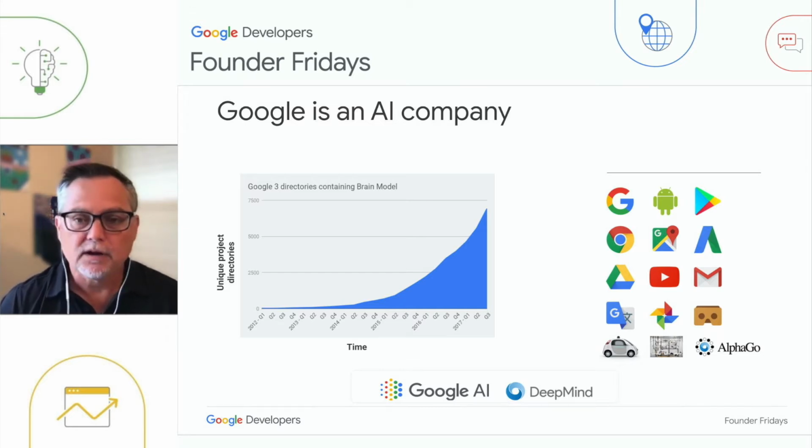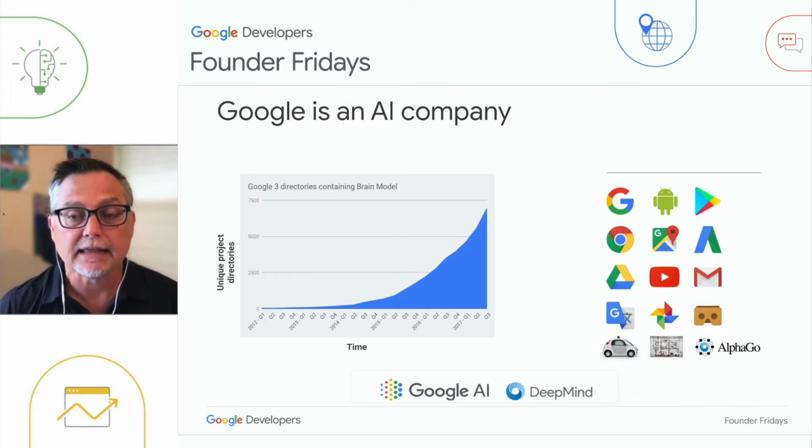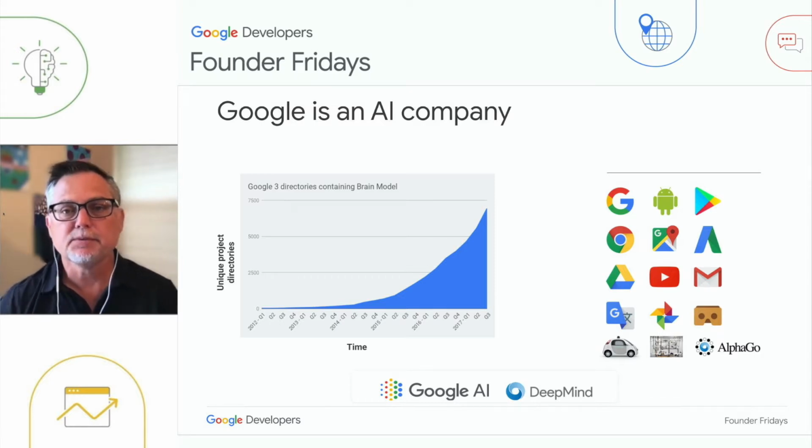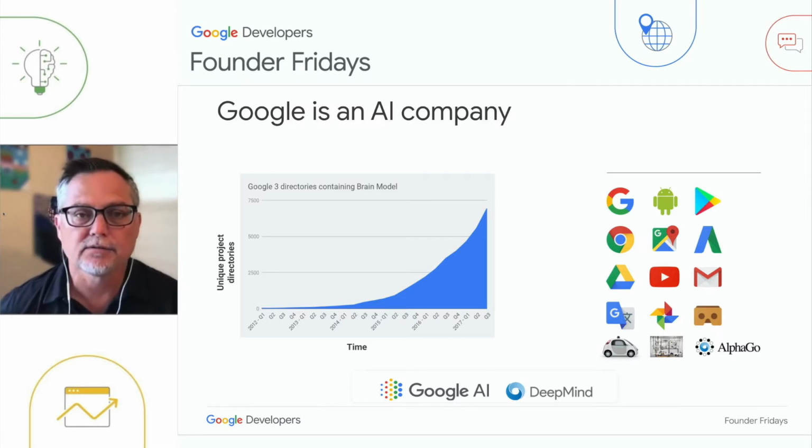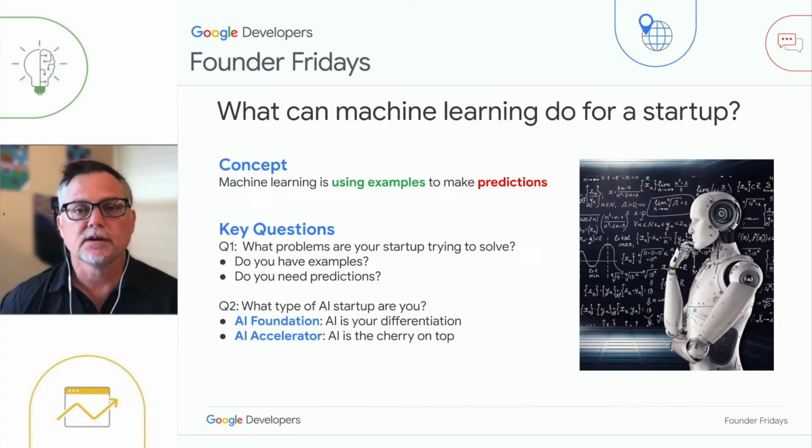Some of the high profile things you hear about with Google Research or Google Brain or DeepMind, like the AlphaGo competition, are just the tip of the iceberg. Google has deployed AI models across our entire infrastructure. So when we talk about a startup using tools or infrastructure to use AI to accelerate their success, Google has a pretty good track record.